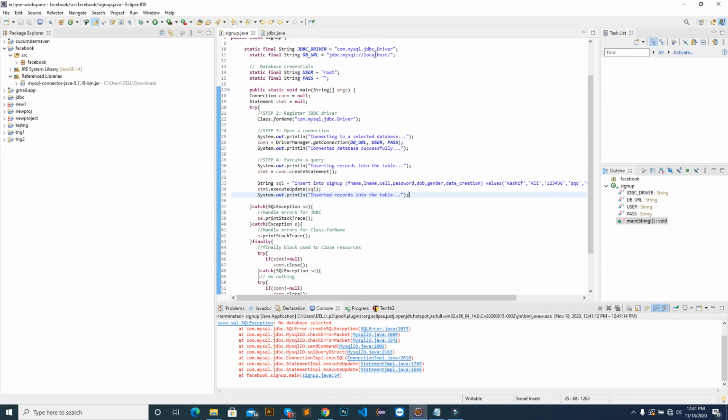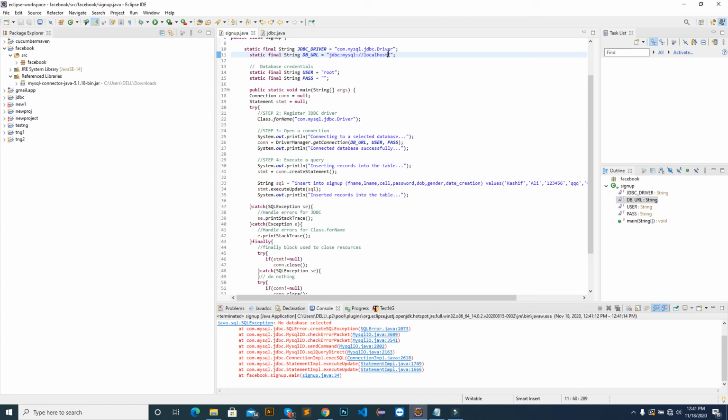No database means we have to assign it here because this is localhost. Localhost means on this computer. This is the host, locally we have database on this computer, we have Java on this computer, we have script on this computer, right? Everything is on this computer.